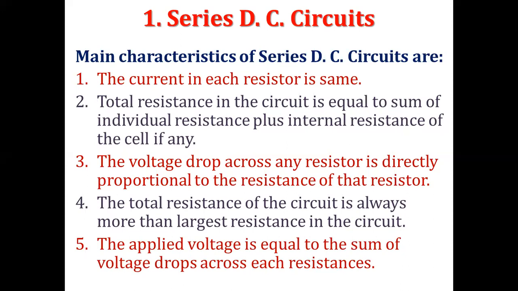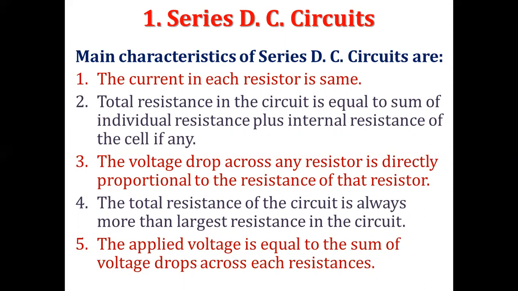See, what do you mean by the voltage formula? V equal to IR. The current may be the same, but the resistance is not the same here now. R1 may be different, R2 may be different, R3 may be different. Because of the different resistors, the voltage drop will be different. Simple thing. Let the current stay the same, but how will we get voltage? It is the product of resistance and current. The current is the same for each resistance, but the resistances are not the same. R1 may be 5 ohm, R2 may be 10 ohm, R3 may be 6 ohm, like that. So the voltage drop across each resistance will be different. Clear? Yes, sir.